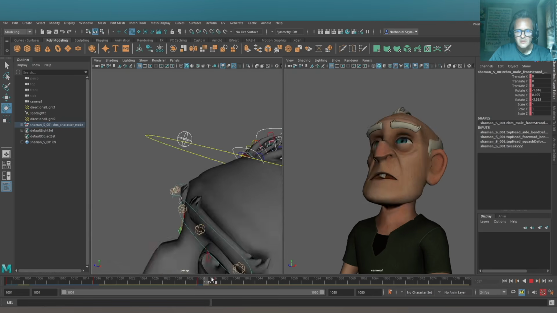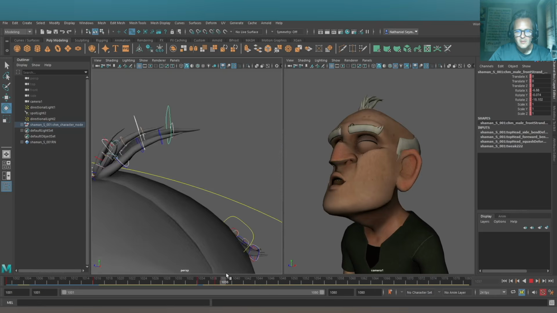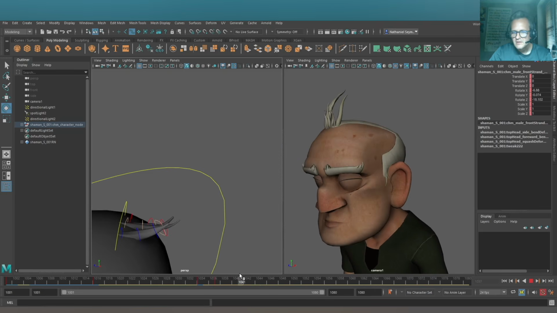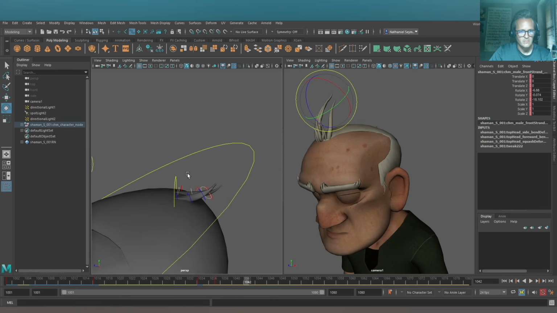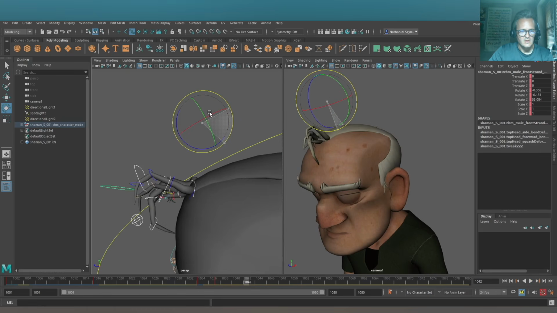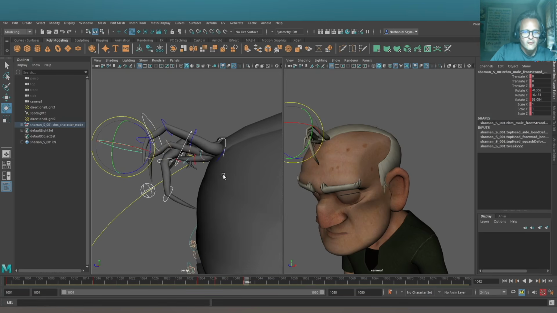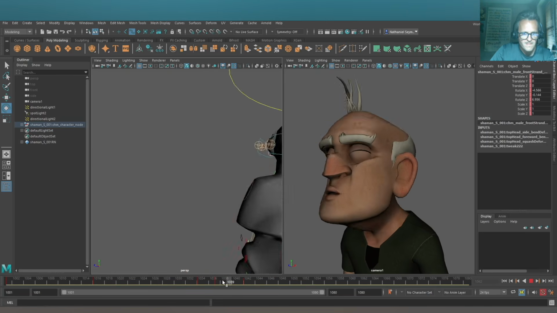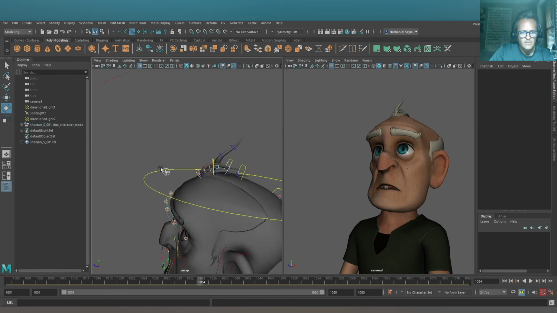So they go back like this, and then by the time he hits maybe this point, he should probably be all the way forward, maybe right around here. And once again, this is all the way forward. So I think what I'll actually do with this base control here, the one on the front,